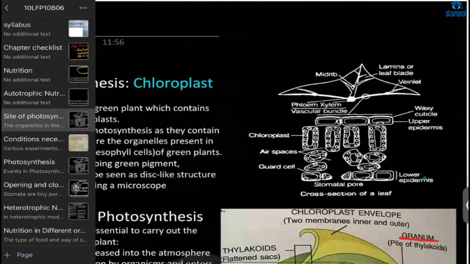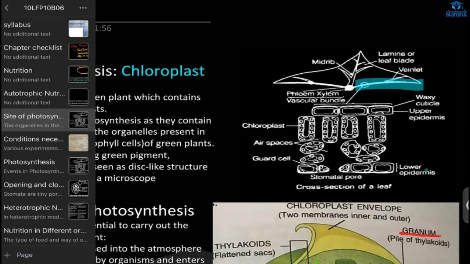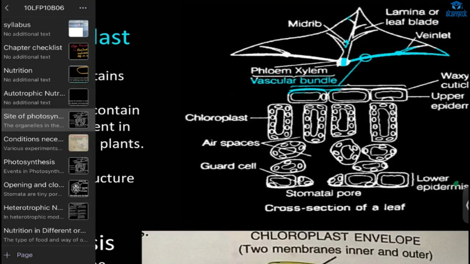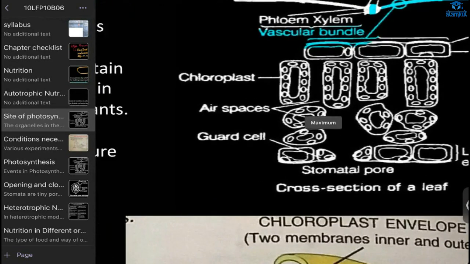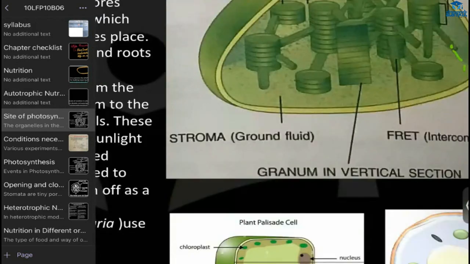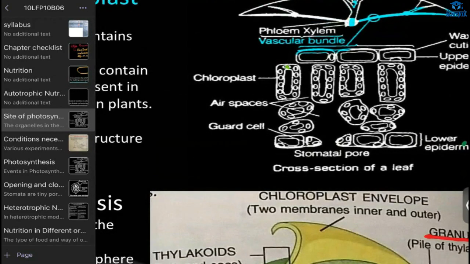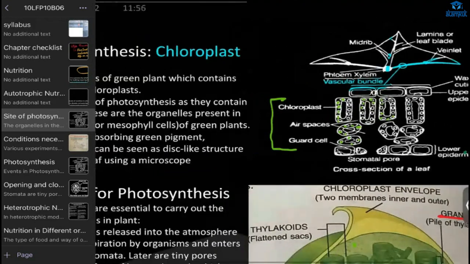So here you can see this is the leaf, and we are magnifying this. This is called the mesophyll cell. Can you zoom in on this part, this vein? Here, this part is magnified. You can see this type of cell is called a palisade cell, and this is called spongy cells. So here this is our chlorophyll. Here only we have the chlorophyll, and the work of the chlorophyll is to trap sunlight.